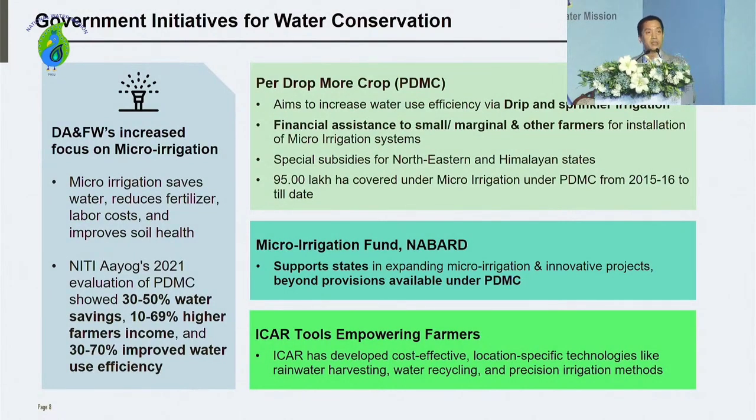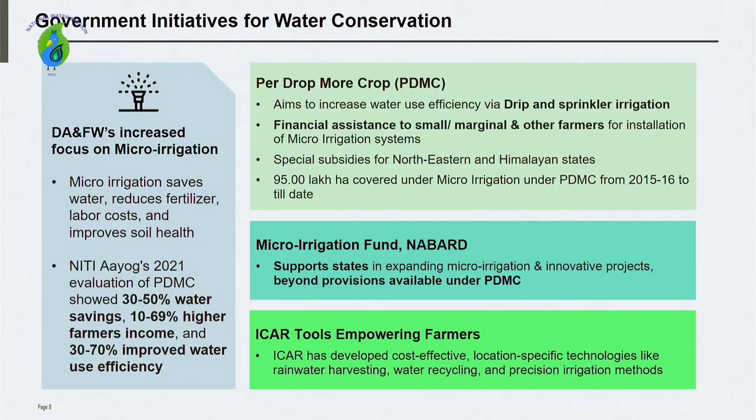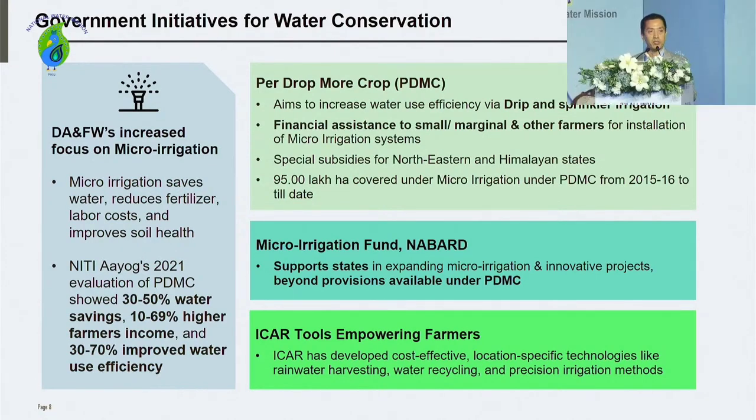Now, on the scheme which is being implemented by the ministry with regards to water use efficiency, the key scheme which we have as of now is, like I said, Per Drop More Crop. We support the farmers by giving them subsidy of 45% to general farmers and 55% to small and medium farmers, to the limit of 5 hectares per beneficiary. There are some limitations with regards to the adoption of micro-irrigation, which the states have experienced. The first thing is micro-irrigation is very cost-intensive.